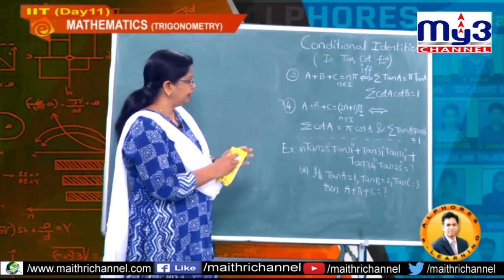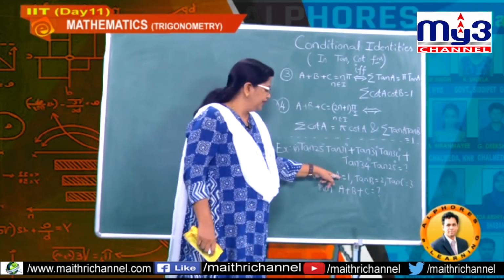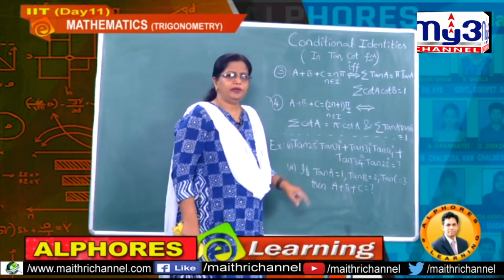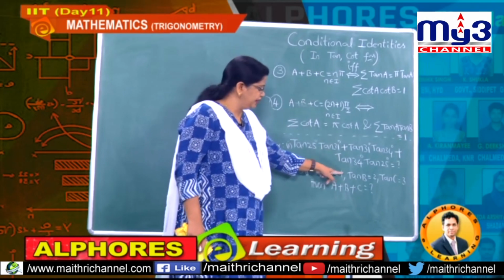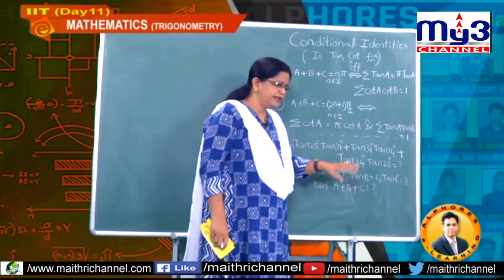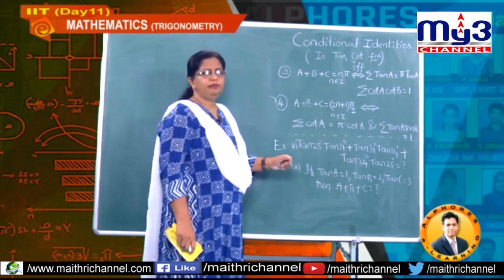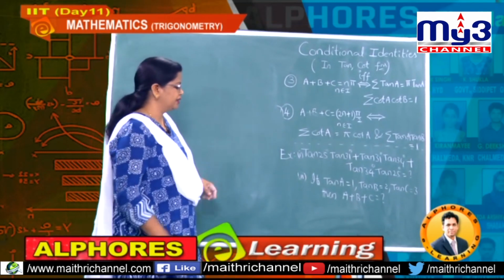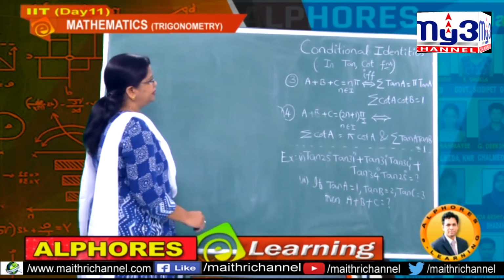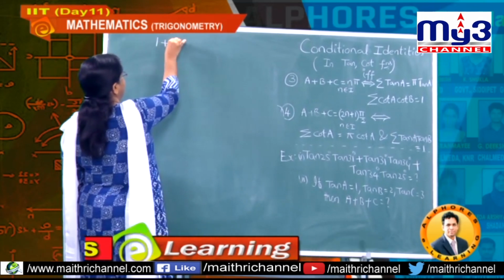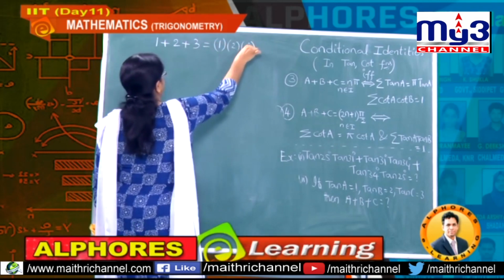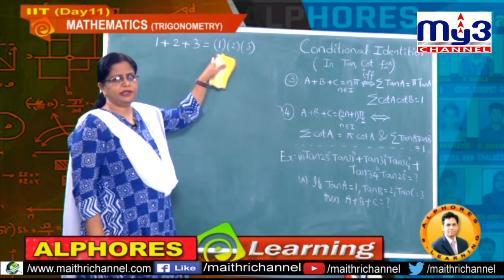Then why am I going in that way? Because I know only A equal to 45 degrees. If I write tan A is 1, it means tan A equals tan 45 degrees. Hence I can know only A equal to 45. Then what about tan B is 2? I don't know. Tan C is 3 also I don't know. So what to do? We have to make use of one of the identities, and therefore immediately we have to go for the suitable formula. What is the suitable formula? Tan A plus tan B plus tan C clearly equals how much? 1 into 2 into 3, right? So you got this kind of value, 6 equal to 6.